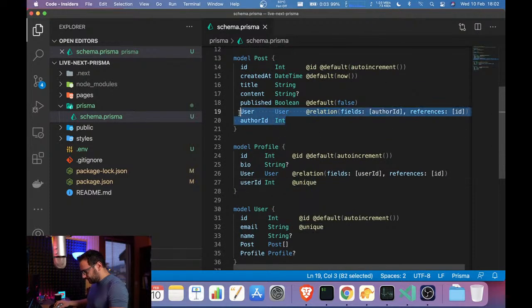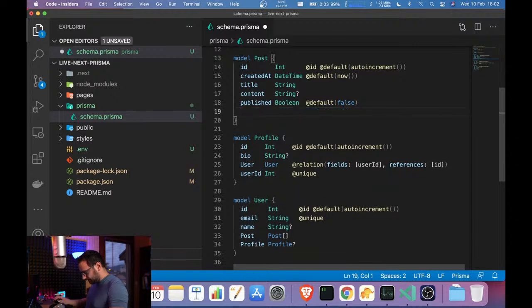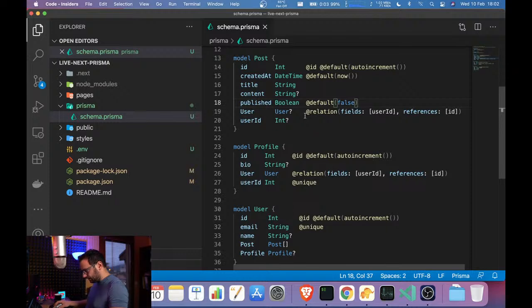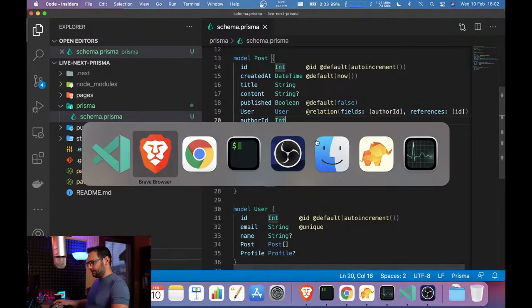Or imagine that you remove these lines. So you have posts for our user. You save it and it automatically adds them for you. This is a kind of magic that you will need for your modeling.